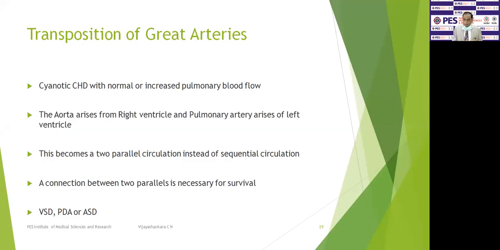If it is not there, you have to create an ASD, like I explained to you previously about the Rashkind procedure, where you do a catheterization and a balloon atrial septostomy and create an artificial ASD, so the blood flows to the other side. There is a mixing of the cyanotic and the acyanotic parts of the circulation. Or keep the PDA open. That is only a temporary measure with prostaglandin E1 until a balloon septostomy is done, which is also a palliative. And then the definitive surgery.